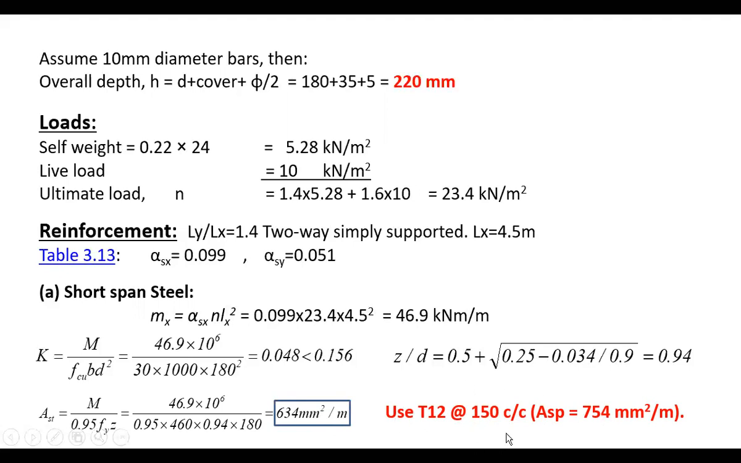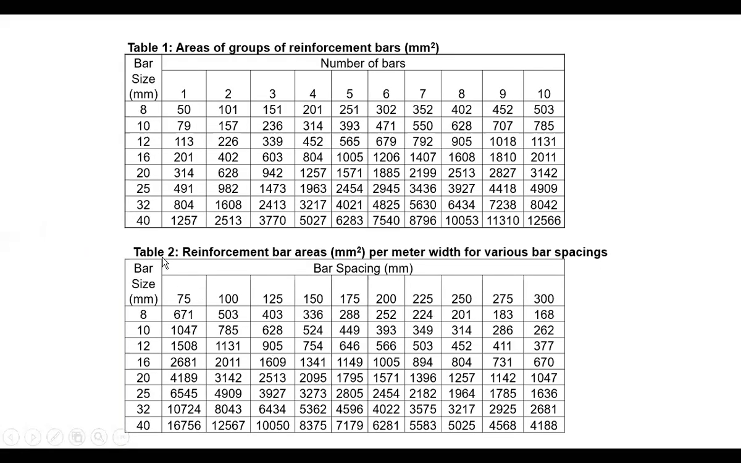And to show you how we get this value, I will show you the tables that we are using here, which is table number 2. From here, if we want to use 12 millimeters or 10 or 8, you can choose the diameters that you want to use and the spacing that you want to use, and it will give you the area of steel provided. So here, if we use 12 millimeter diameters,